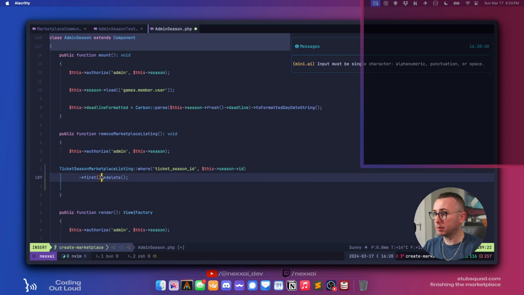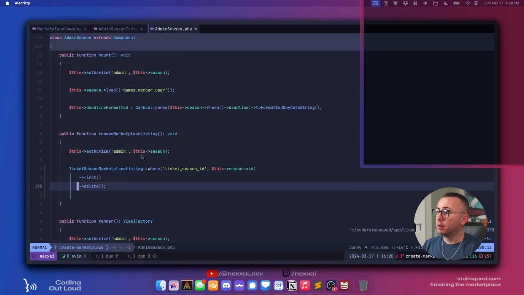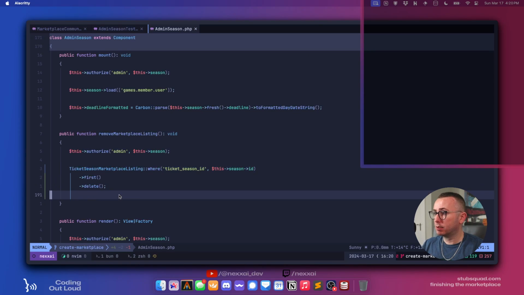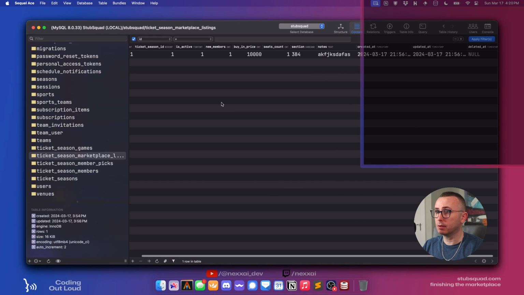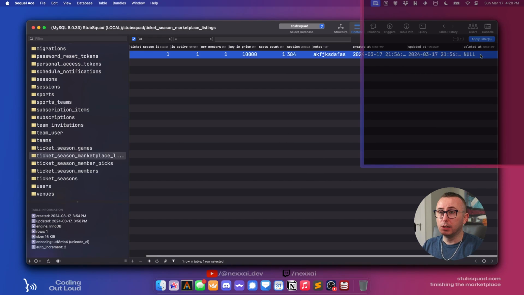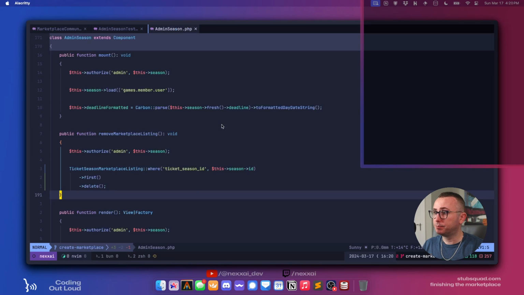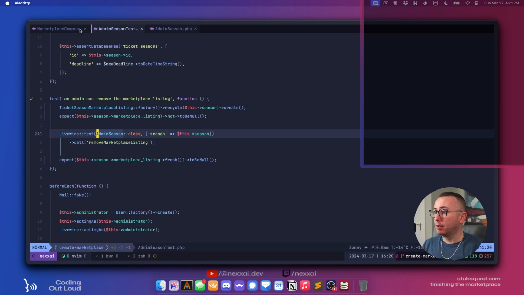Just want to shrink this down a bit. Okay, so why is this ticket season marketplace listing? Let's go take a look and make sure deleted at is there. And so what this is saying is there's still something coming back.